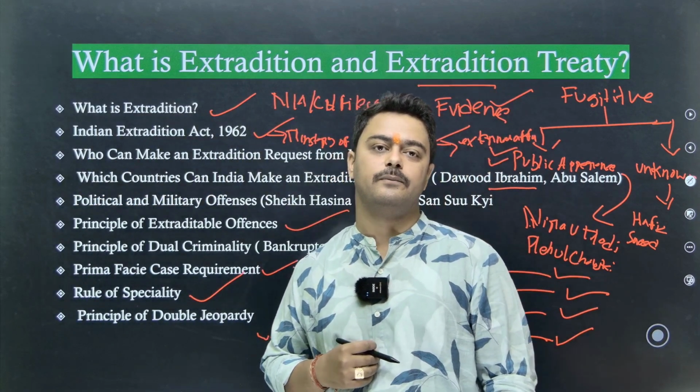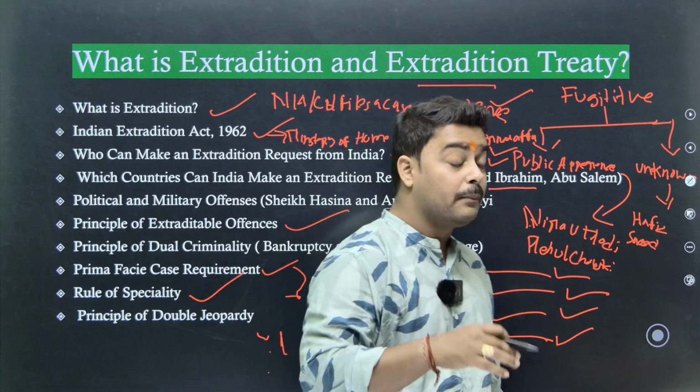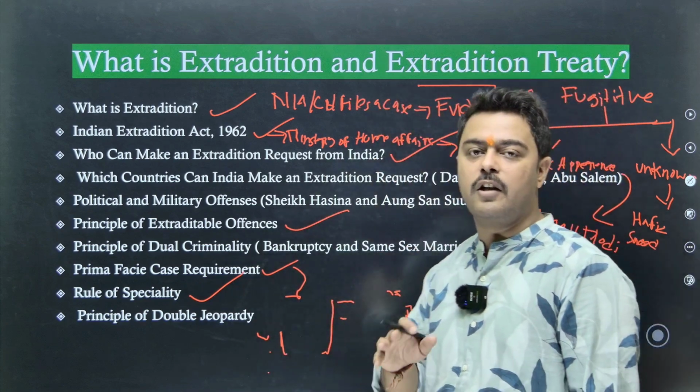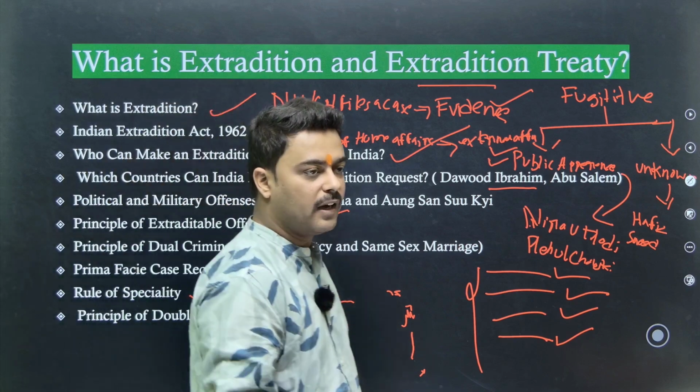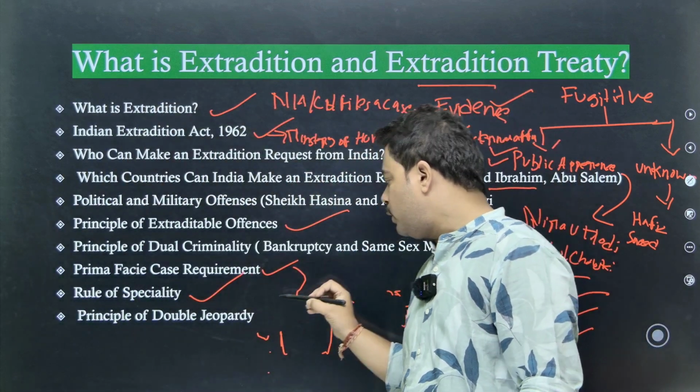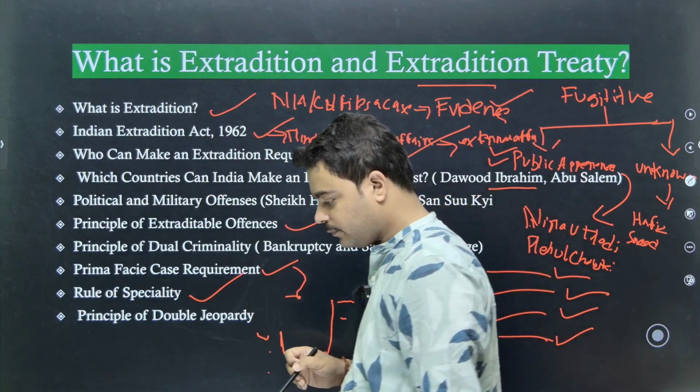प्रिंसिपल ऑफ डबल जेपर्डी। नाउ देयर इज एक्सेप्शन हियर। बाय द वे, प्रिंसिपल ऑफ डबल जेपर्डी किस आर्टिकल में आता है? प्रिंसिपल ऑफ डबल जेपर्डी कम्स अंडर आर्टिकल 20 सब क्लॉज 1 ऑफ द कॉन्स्टिट्यूशन ऑफ इंडिया। ठीक है, ये याद रखना, मे बी एग्जाम में पूछ दे, बिकॉज एक्सट्राडिशन न्यूज में है तो प्रिंसिपल ऑफ डबल जेपर्डी भी न्यूज में आना ही आना है।